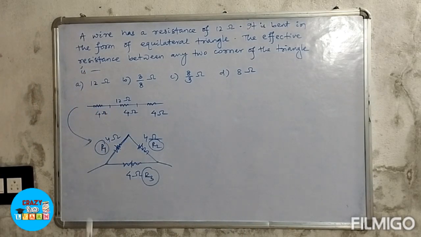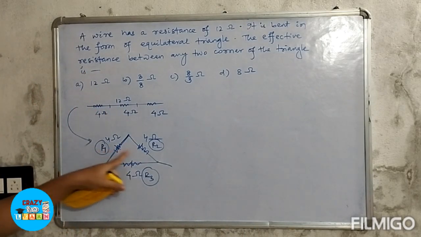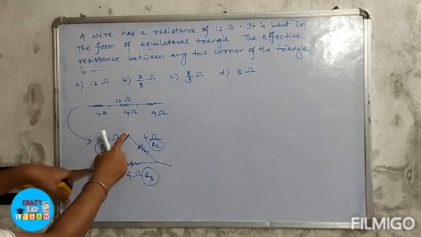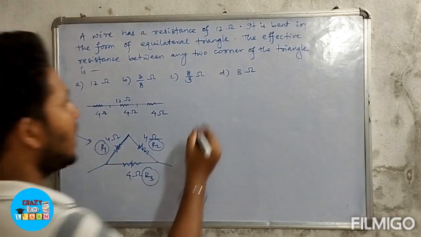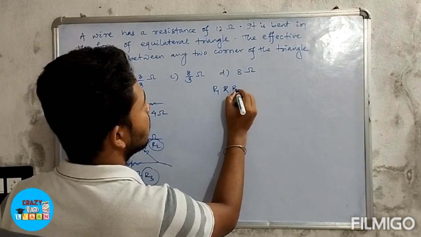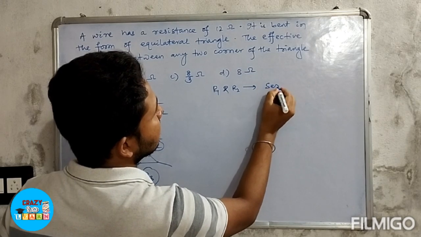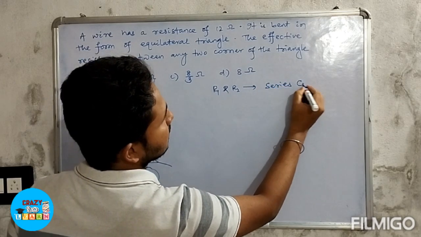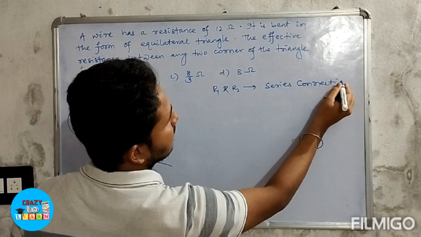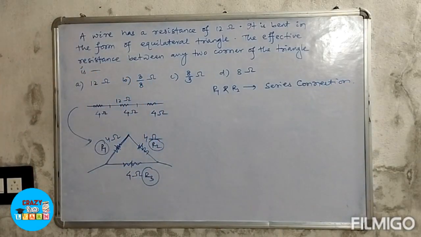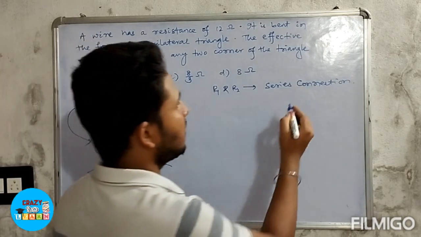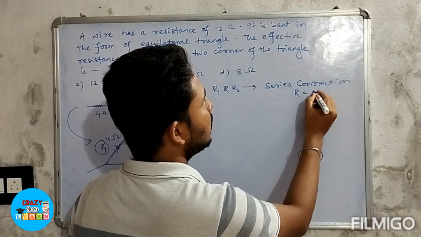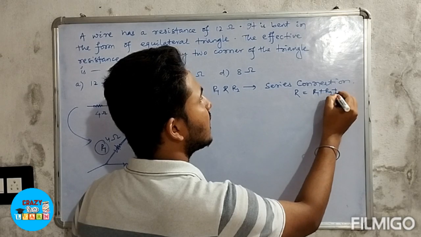Here, if you observe, one end of R1 is connected to the other end of R2. So R1 and R2 are in series connection. When resistances are in series connection, what is the total effective resistance? Remember, in series connection R is equal to R1 plus R2 plus R3